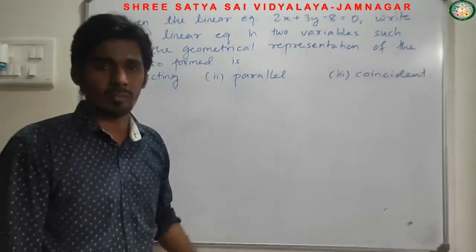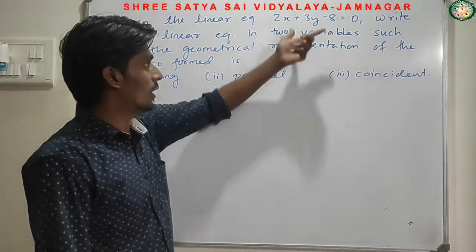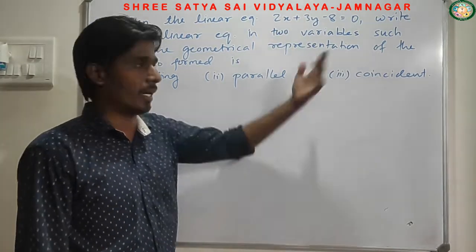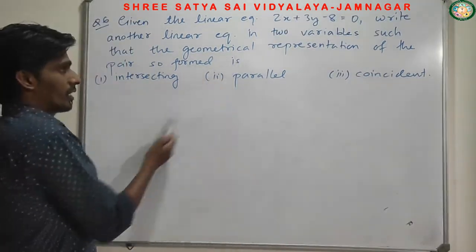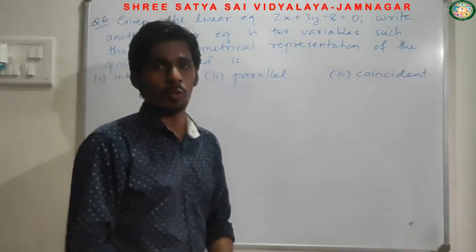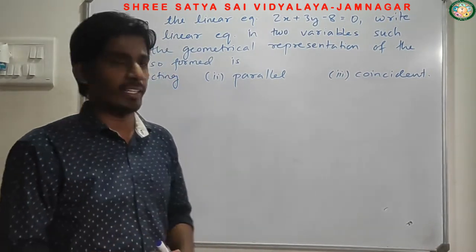Normally in the last few examples, there has always been a pair of equations given. Now only one equation is given, उसका pairing और एक equation ढूंढना है pair वाला. So which type of equation do I want? An intersecting, a parallel, and one is what? Coincident. Now before starting this, let me explain simply how to find it out.